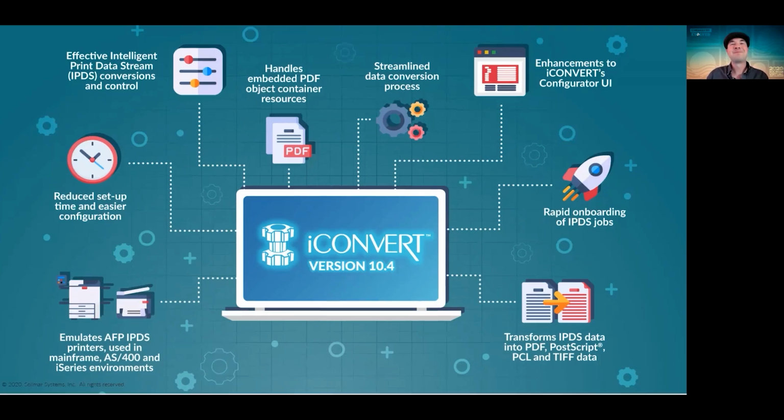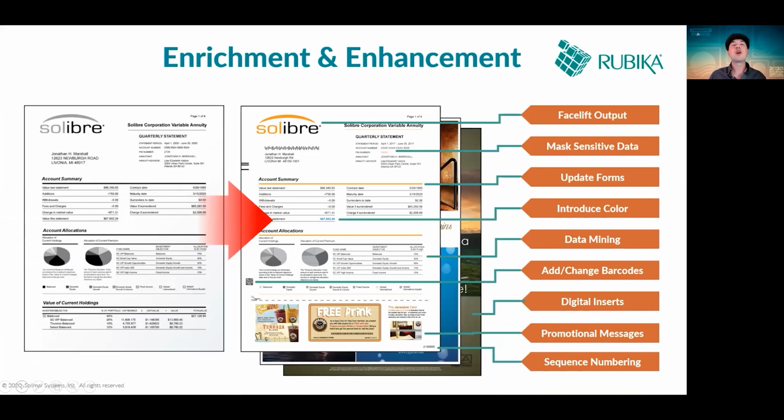the conference is over. Next, we have Rubica, which is our enrichment and enhancement module or solution for post-composition document or pre-composed data enrichment and enhancement. And on the screen, what you see is a colorized version of a black and white document. That's what Rubica can do. Everything from facelifts to masking sensitive data, updating forms, mining data, adding barcodes, and the list goes on. Transpromo, Transinfo, Transit, all of those things, onserts that you might be wanting to do for your customers to add